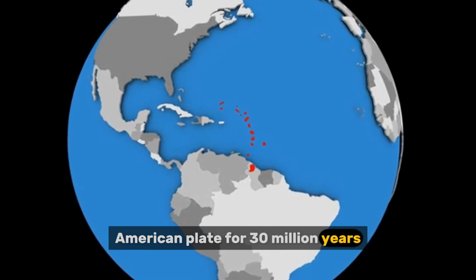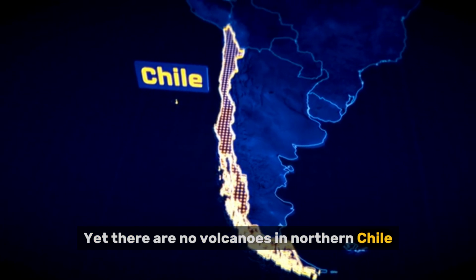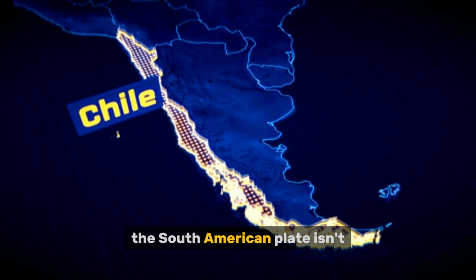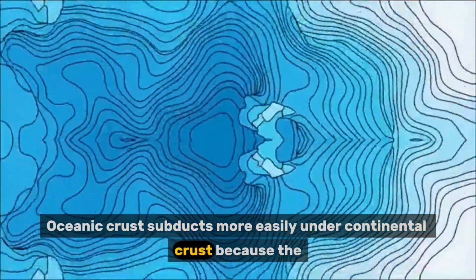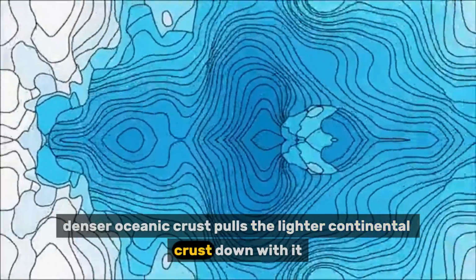30 million years. Yet there are no volcanoes in northern Chile. That's because even though the Nazca Plate is mostly made of oceanic crust, the South American Plate isn't. Oceanic crust subducts more easily under continental crust because the denser oceanic crust pulls the lighter continental crust down with